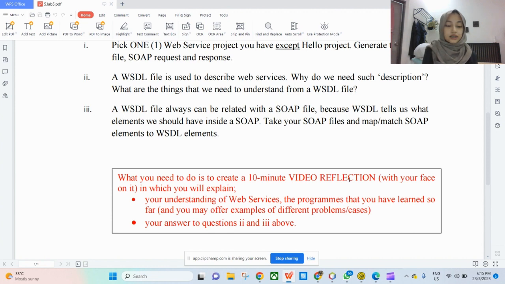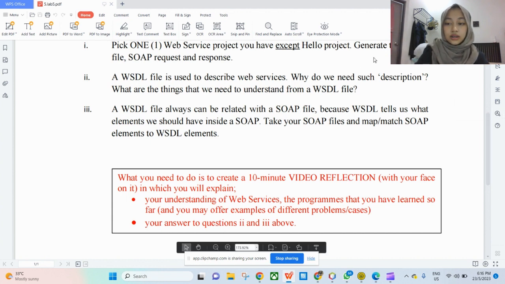So regarding the relationship between WSDL and SOAP, SOAP, which stands for Simple Object Access Protocol, is one of the protocols that can be used in conjunction with WSDL. WSDL defines the structure and operation of a web service, while SOAP defines the message format and protocol for exchanging XML-based messages between the client and the services. So